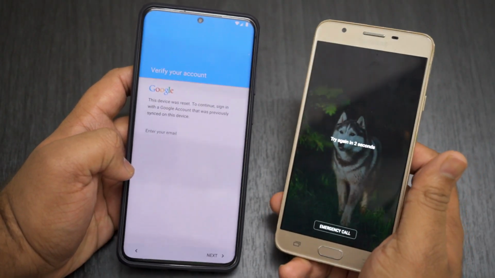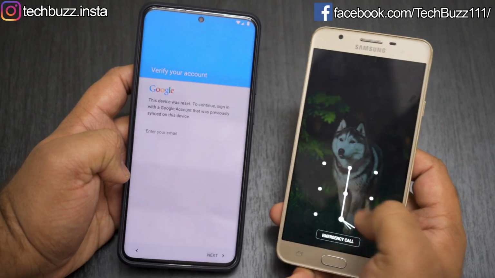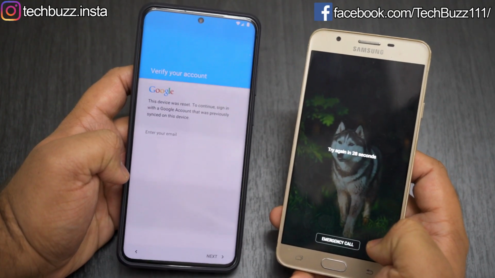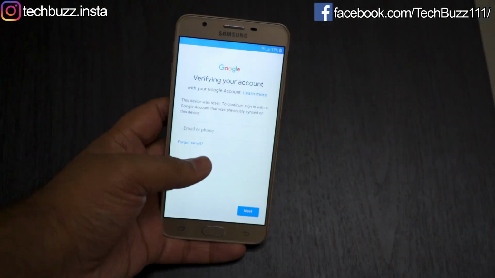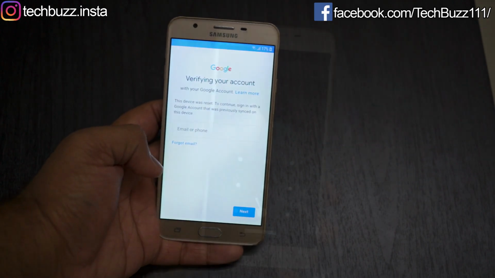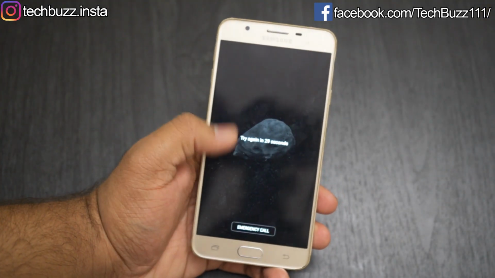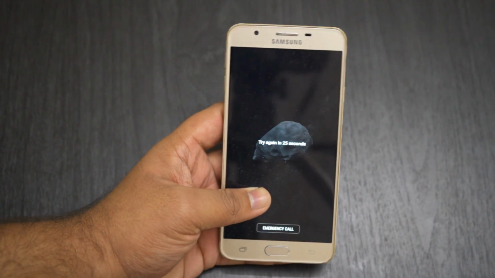Many of you must have faced this issue once in a lifetime that you forgot the password of your Android phone and got logged out and don't have any option to unlock your phone. And sometimes even if you forcefully reset your phone to unlock it, you can get stuck at Google FRP or verify your account page. So in this video, I will show you how to unlock any Android phone and bypass FRP lock on any Samsung device using your PC in just 5 minutes.